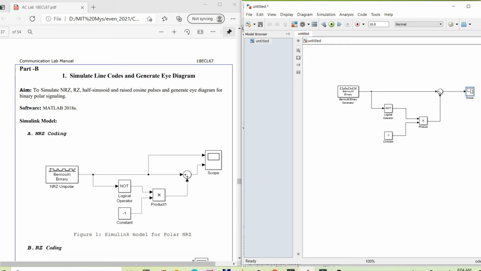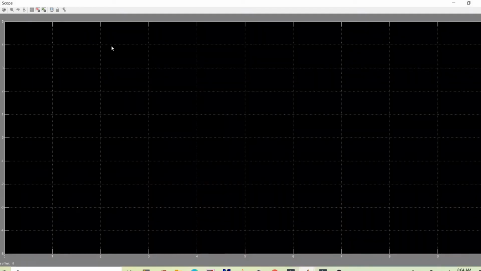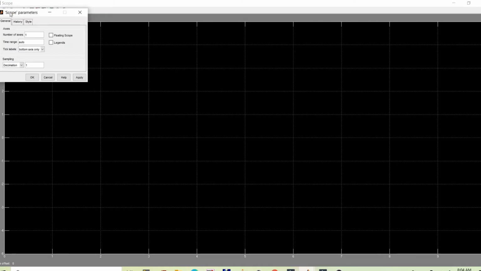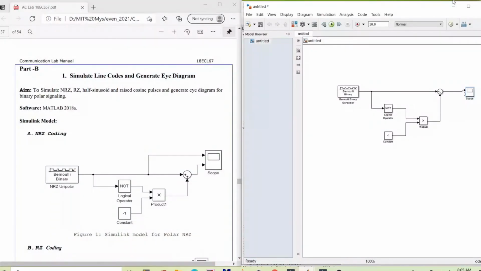Let me double click and change some settings here. When I double click, this window is opened. This is the scope. Go to settings. Here the number of axes is showing 1. We want 2. That's why I will change it to 2 and say OK. Then you can see that there are 2 spaces to show the waveforms.